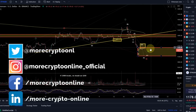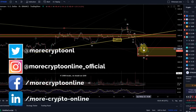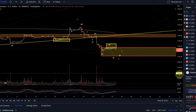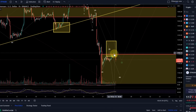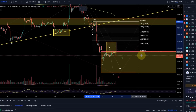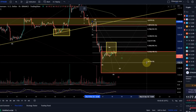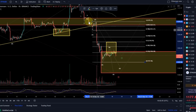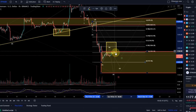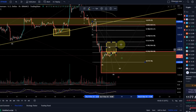So Ethereum has, in the last video, basically done what we expected of it. It reached again this yellow resistance area. It actually made a slightly higher high. I think we didn't quite reach the 38.2% fib level in here, but it basically moved up further into the yellow resistance area. That was part of the expectation as explained, and as Bitcoin still didn't reach its yellow resistance